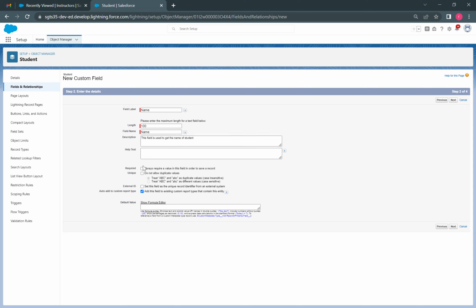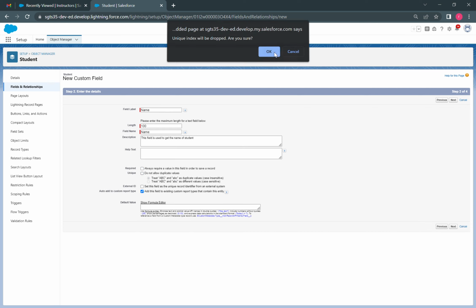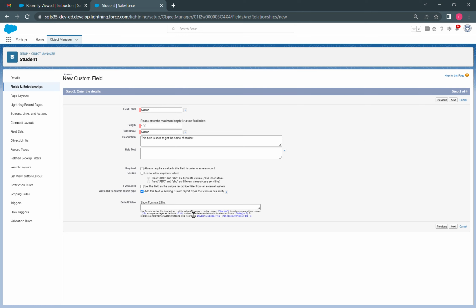And if we want this field to be required while creating or saving the record, we can give this checkbox enabled. And if we want to eliminate duplicate values, we can click this, so that this will not allow duplicate values. For this one, I am not enabling those checkboxes, and if we want to give any default value, you can give so. And I am just clicking on next,